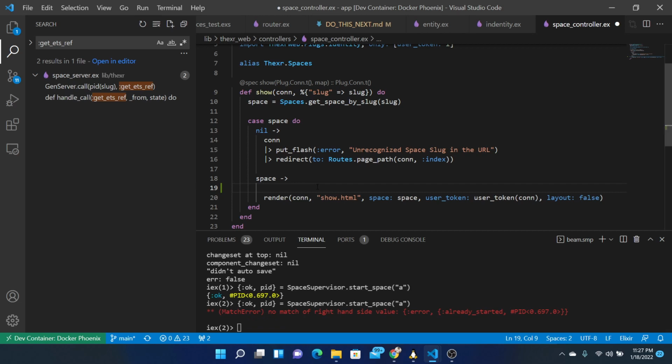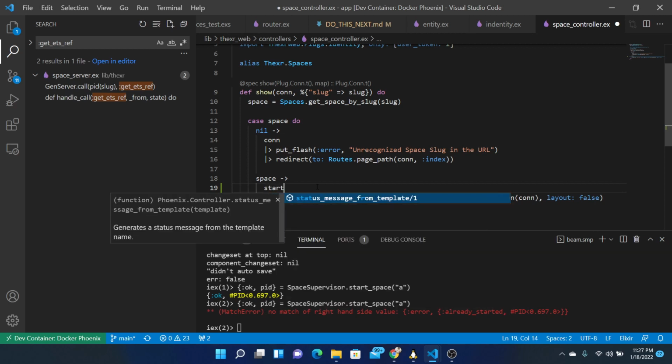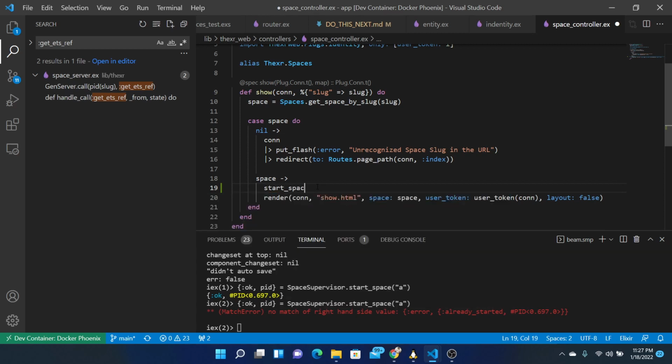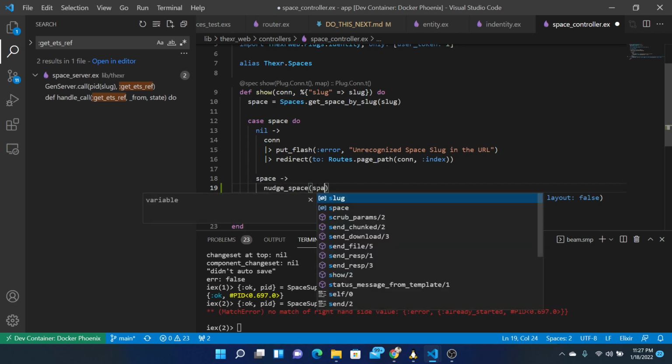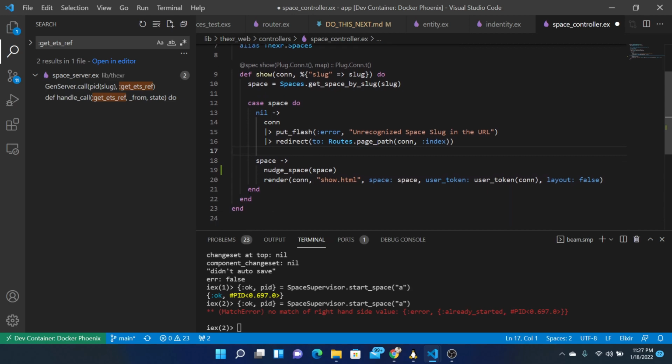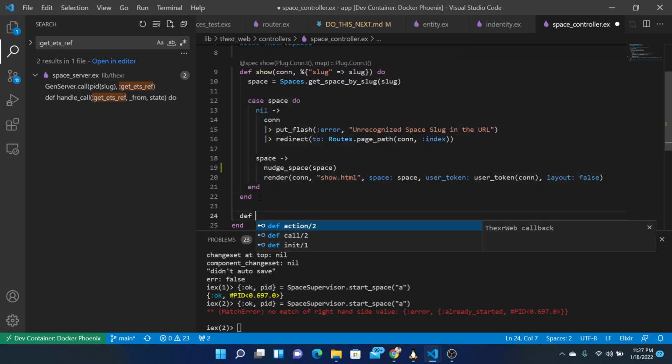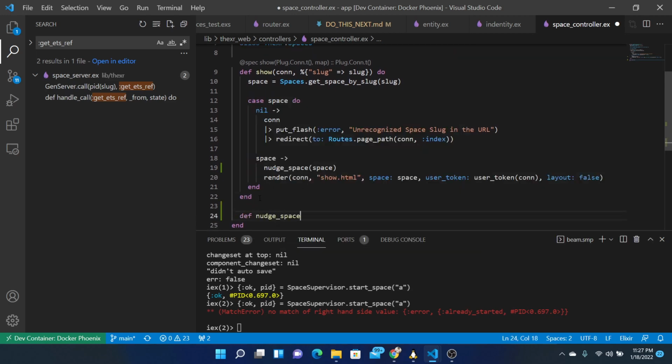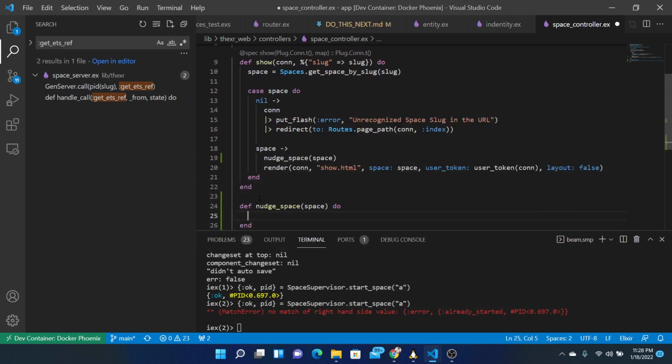So we're just, we'll call a function start space or nudge space given a space, and define a function for nudge space with the space, and we'll just do space